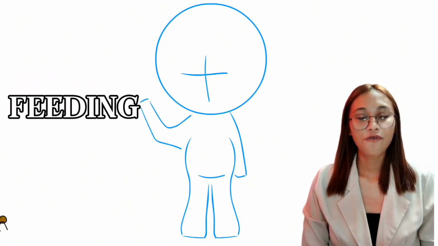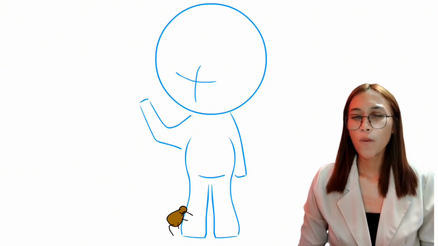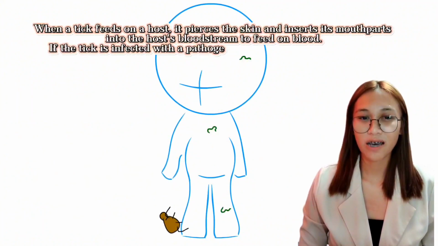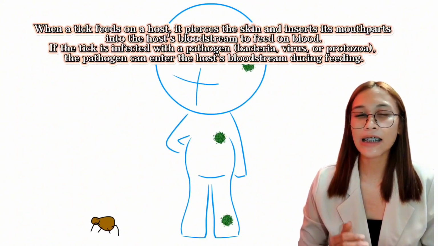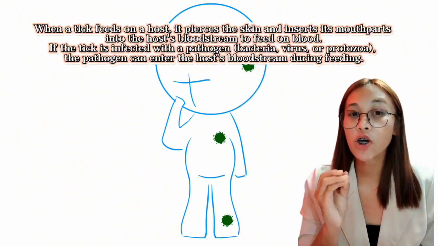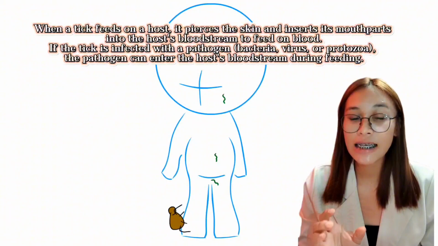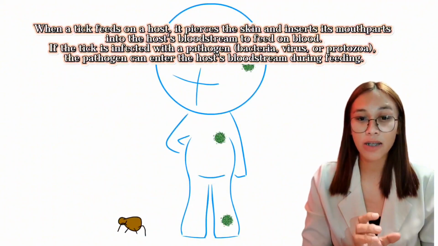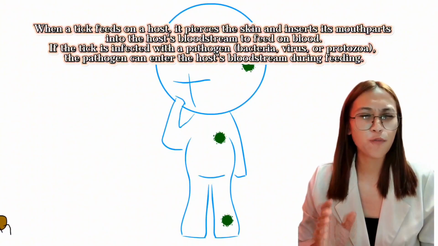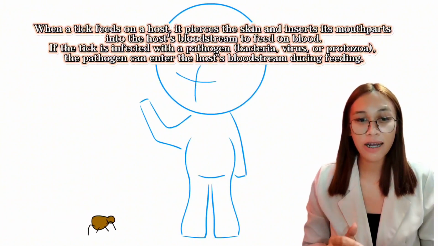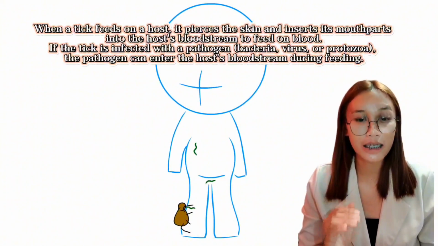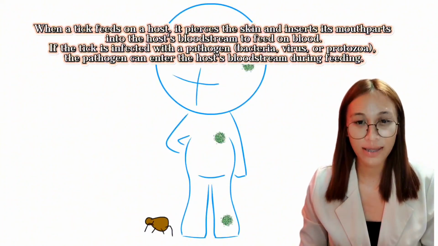feeding. When a tick feeds on a host, it pierces the skin and inserts its mouth parts into the host's bloodstream to feed on blood. If the tick is infected with a pathogen, bacteria, virus, or protozoa, the pathogen can enter the host's bloodstream during